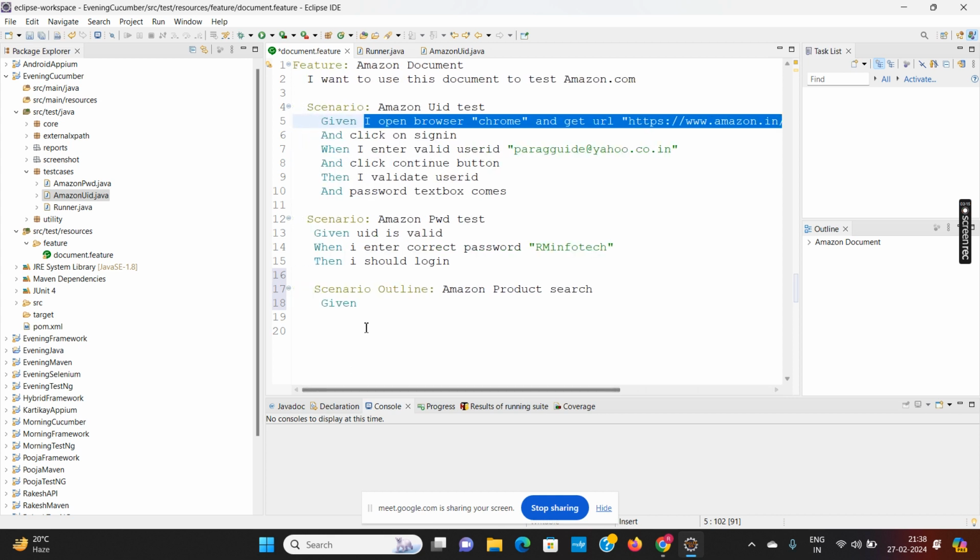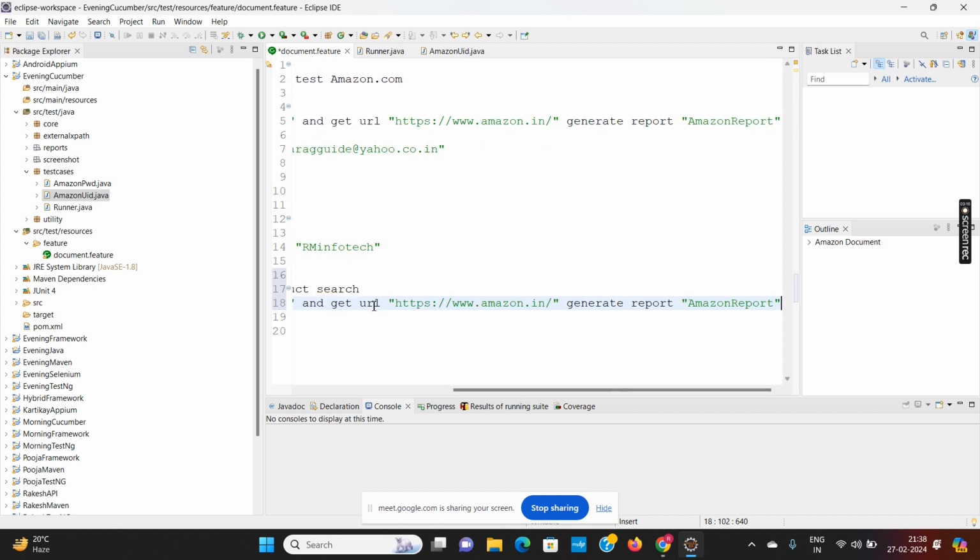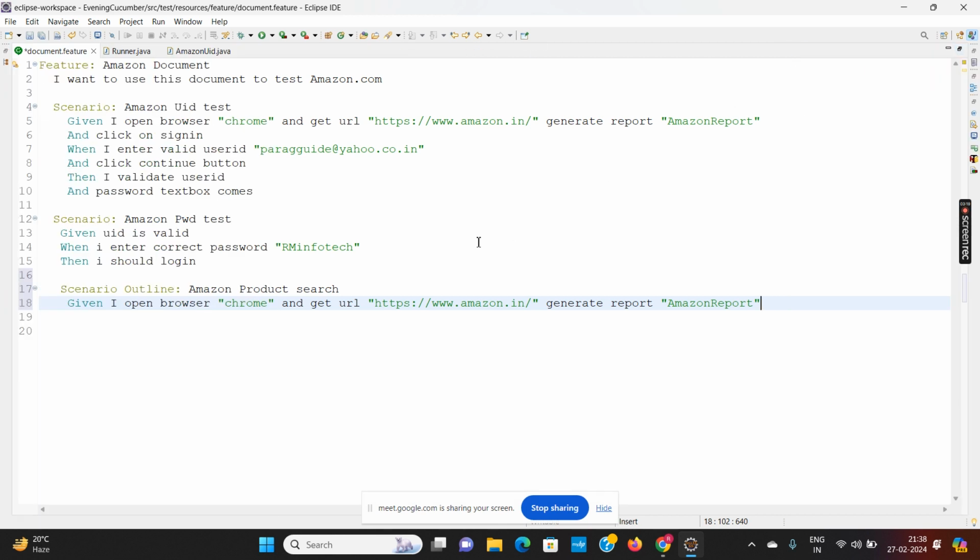As I told in my last class also, if you write the same line without any changes, then when we run the runner class, it will see that this particular line is already executed, that is, we have implemented it in this @Given, and it will not give the suggestion to implement this line. So when we are using this scenario, we should change the language.